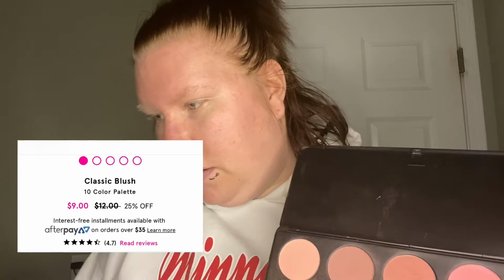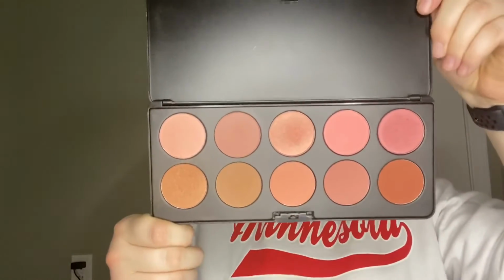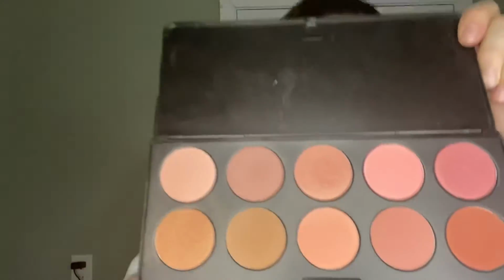We have the BH Cosmetics Classic Blush 10-color blush palette, and that is, no, not that one. It's on here somewhere. Anyways, I think this retails for $25 if I remember. I'm not finding it on here. Anyways, so that's what this looks like, and it's BH Cosmetics too. I just got it off of